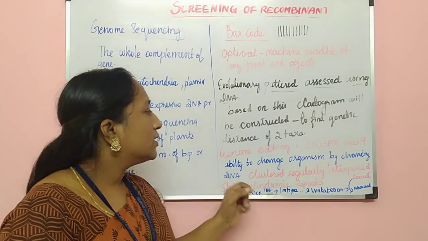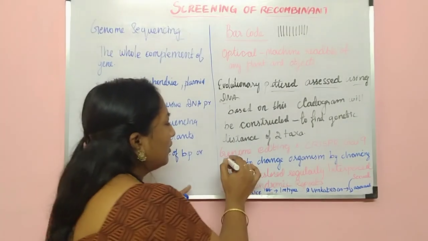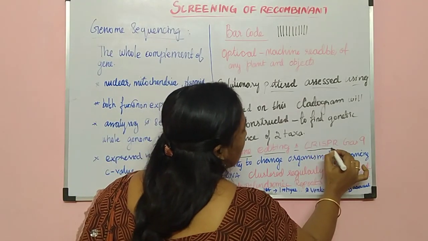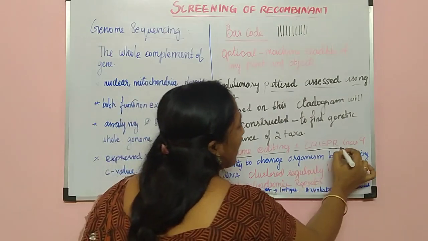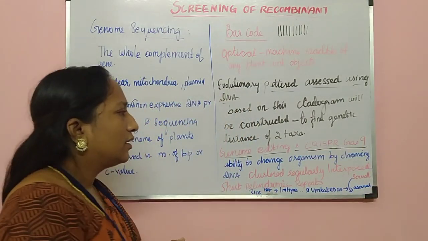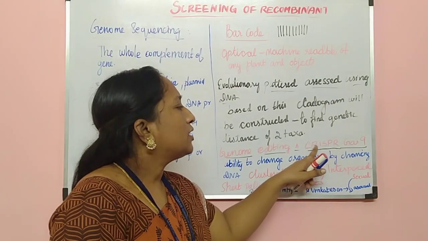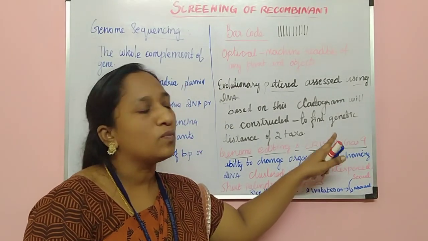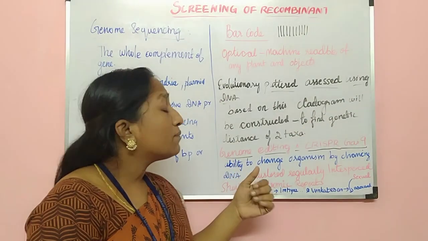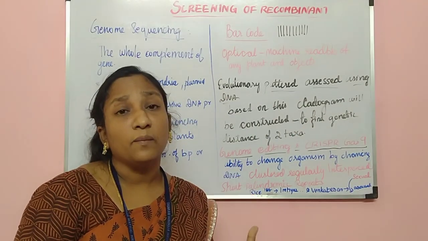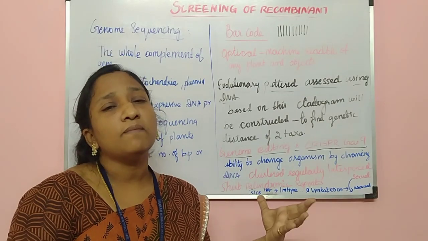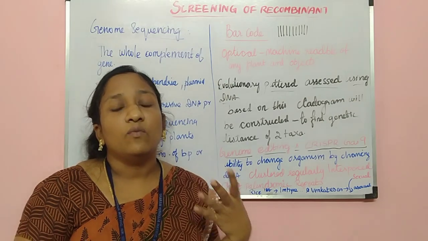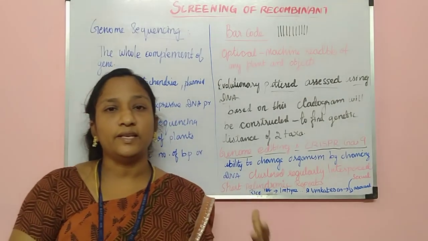Okay, and next one is genome editing, or CRISPR-Cas9. So it is called CRISPR-Cas9. Sometimes if it is asked in 2 marks, you should know how to write it. It is an easy, feasible and very cheap method of altering the gene. Whatever characters we need, we can bring into the plants.